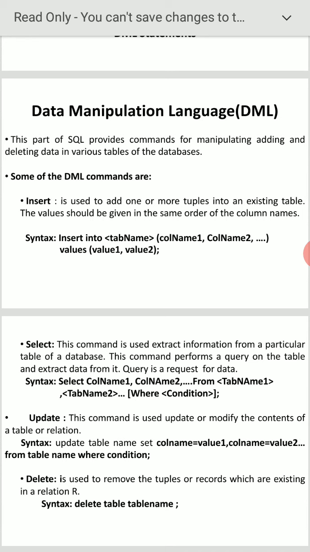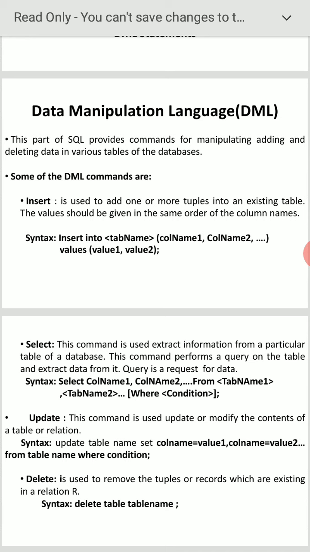Next, the last one is delete. Suppose you want to delete a tuple or record which exists in the table; that can be done with the help of the delete command. Suppose my table has employee number, name and salary: 1A 5,000, 2B 10,000, 3C 15,000, 4D 20,000. Here I want to delete the fourth tuple.